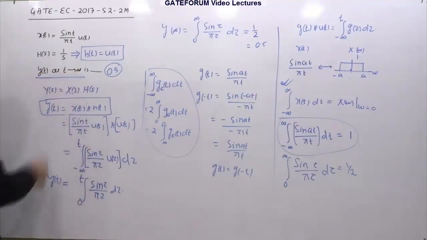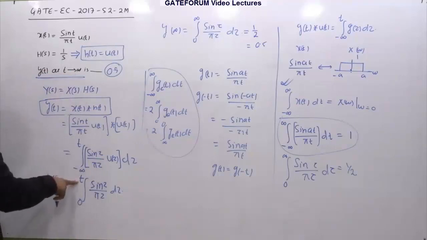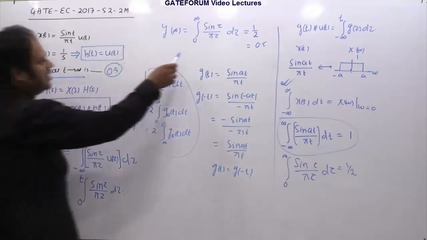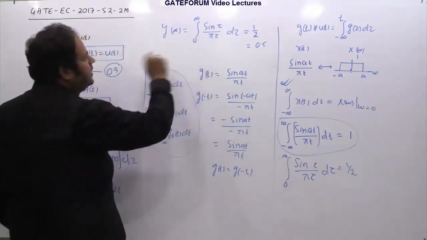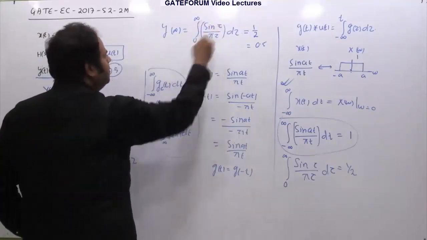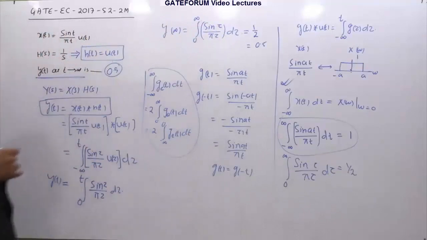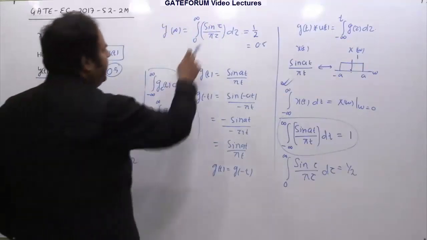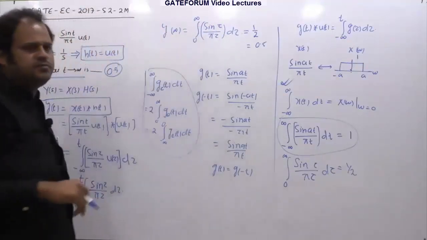t tends to infinity. If I substitute infinity here, then this integral becomes the integral from 0 to infinity of sin(tau)/(pi tau) d tau, right? So integration of this function with respect to tau in the interval of 0 to infinity. So my target was to now get what this integral is.